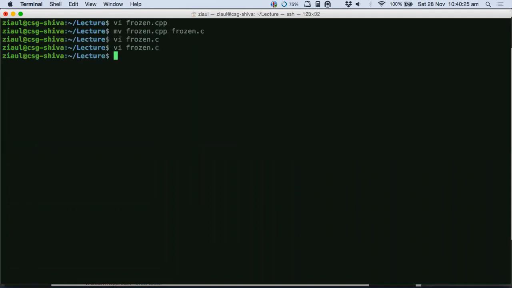So if you don't trust me, I will show you what it looks like. So this is if I type cc, right? This will do the pre-processing for you.